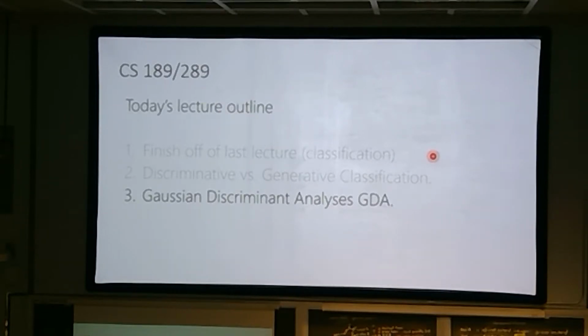Okay, so that's the general idea of discriminative versus generative classifier models. And the key idea, I'm just going to say it over and over, is that you're now modeling also the distribution of x. Now we're going to go through and look at some examples of these, but I'll take some questions.